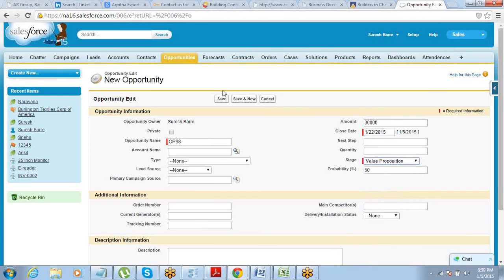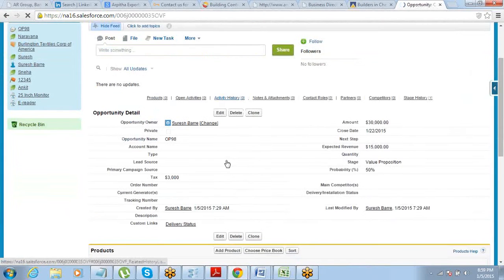Put these data and save this record. Here is the tax. Automatically got calculated and it's a locked field. Because this is a formula, right? So the value for this field will be auto populated. You cannot enter a value into this. This will be auto calculated.